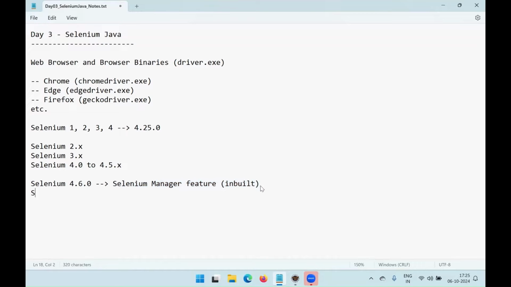So currently I am using Selenium 4.25.0 in my laptop. So in the day 1 we have discussed about 4.25.0. So 6 is the old version and 25 is the latest version. So Selenium Manager is already available in my machine whenever I am using the latest version. That's why we didn't talk about anything about the browser binaries